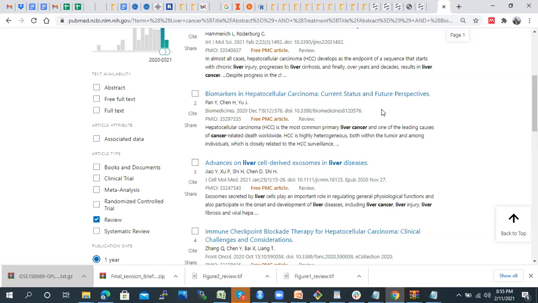Then whether these issues have already been addressed, whether there are loopholes, or whether something is still yet to be addressed, right? Those are some of the questions that you can ask, and then you can particularly look into the research articles that have tried to address similar questions, maybe not in the same disease condition.